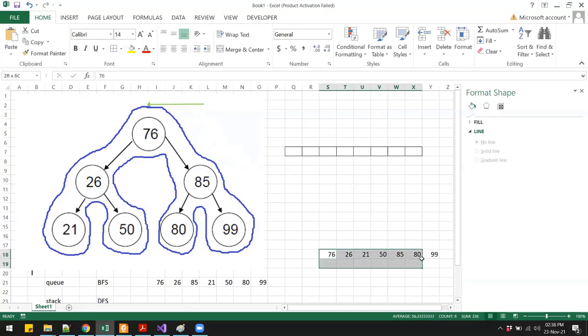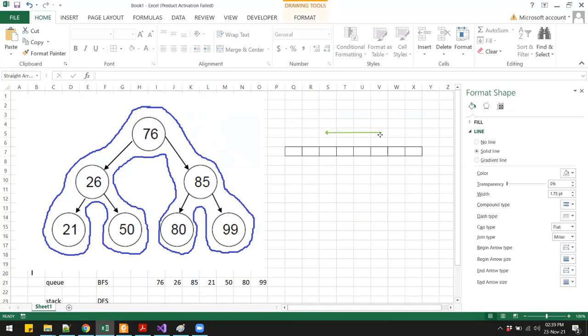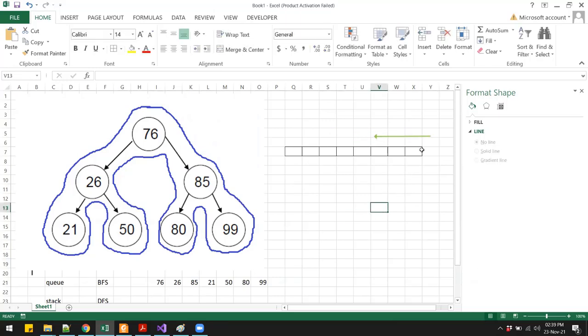So how do you traverse? Well, once again, when you get the reference, you enqueue that particular node to your queue, right? Enqueuing will be done from the right hand side. I'll just use this arrow over here. So you push 76, you enqueue 76, and then you dequeue.